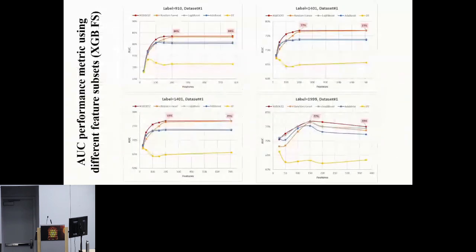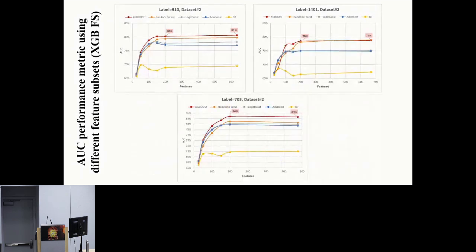In our study, we employed XGBoost feature selection to examine the impact of reducing the number of features used during the training process. As observed in the following figures, all endpoints except the last one demonstrated a steady improvement in AUC from 25 till 200 features. Beyond this point, the performance remained relatively stable. However, for the last endpoint in dataset 1, it peaked at 150 features and began to decrease after that. Similar observations can be noticed in dataset 2.